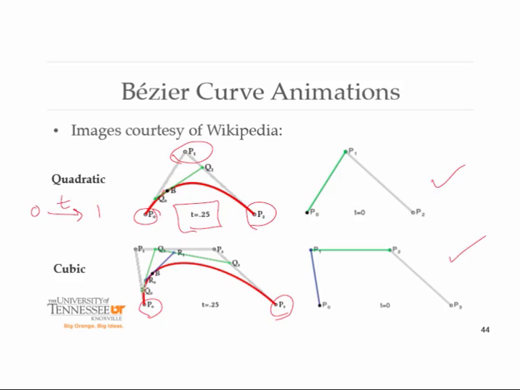As this point moves along the red curve, this tangent line is moving, right? It's going to flip over. It's going to start off being in the direction of P2, and then it's going to flip over into the direction of P3 eventually, right? So again, these line segments here are sort of a border. It's like a bounding box, you can imagine. And so the line segments here, this one has to start at P0 in the direction of P1, and then